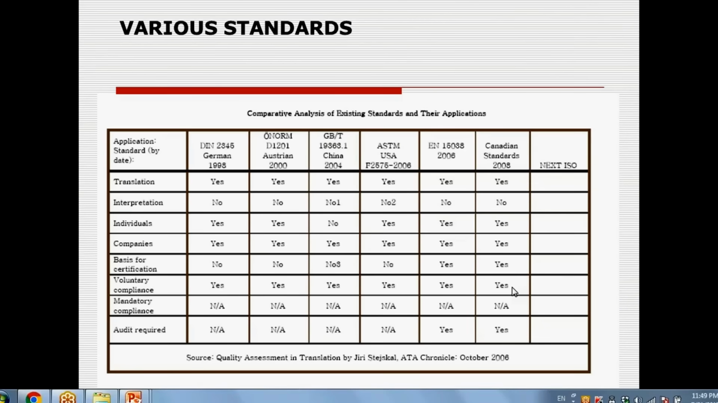Similarly, mandatory compliance, none of them are mandatory. Means there is nothing legal that you, being a translator, must follow. No need. It is at your will. Means they are not law. Similarly, audit required, none of them except the European Union and Canadian standards, and of course the new ISO. So this is in brief all these basic standards of translation, and